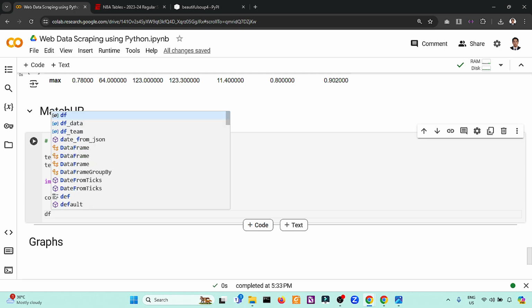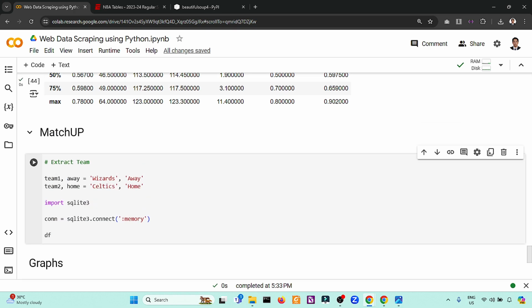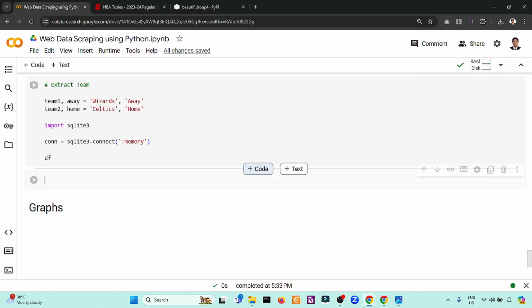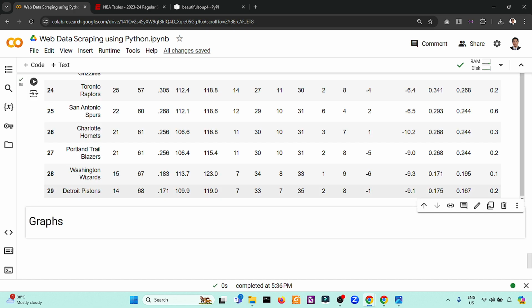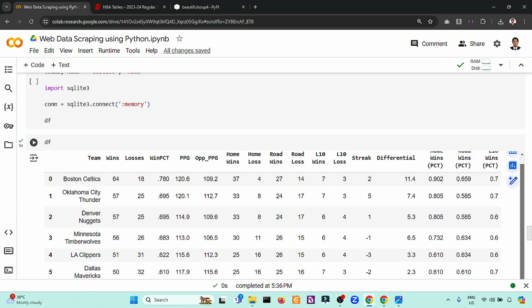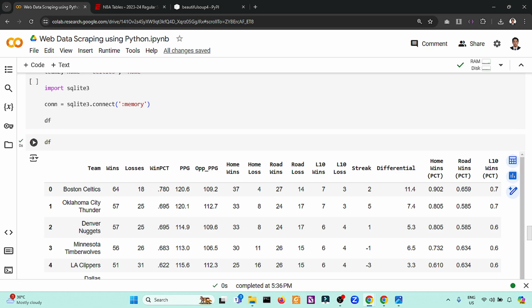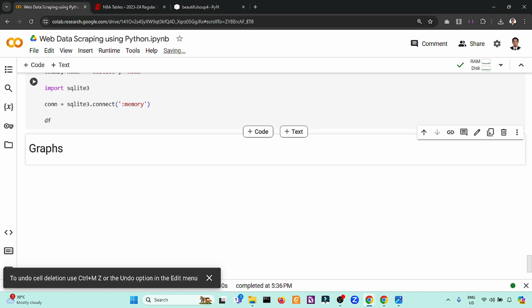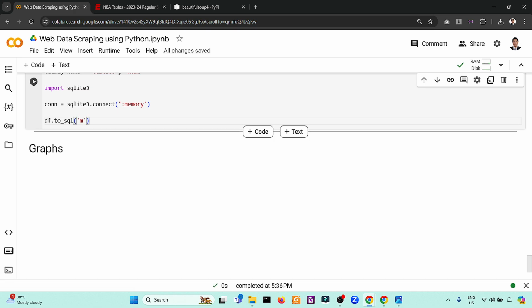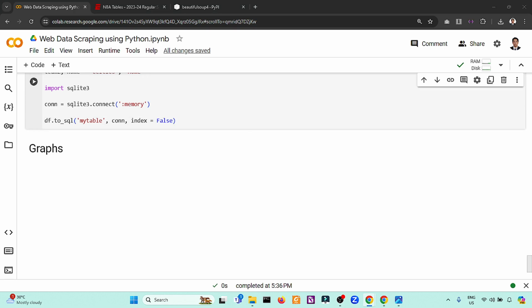Then we have the df. Let me see what the contents of our df are. So our df is this one, our data frame, the original content. I will use df.to_sql and name it my_table, based on the connection, and I will not index this, so index equals False.